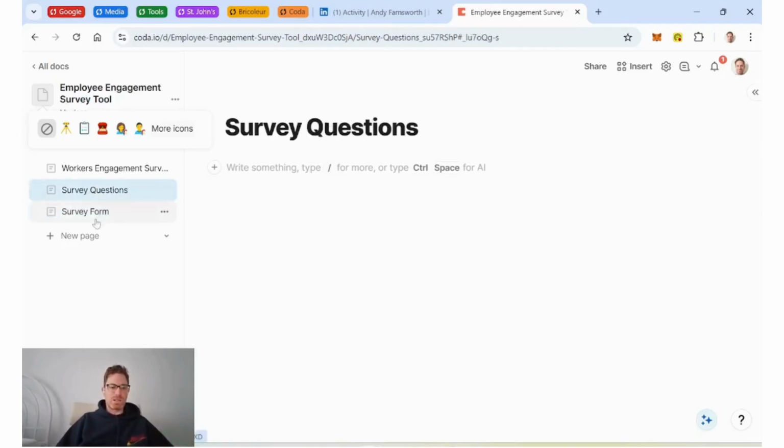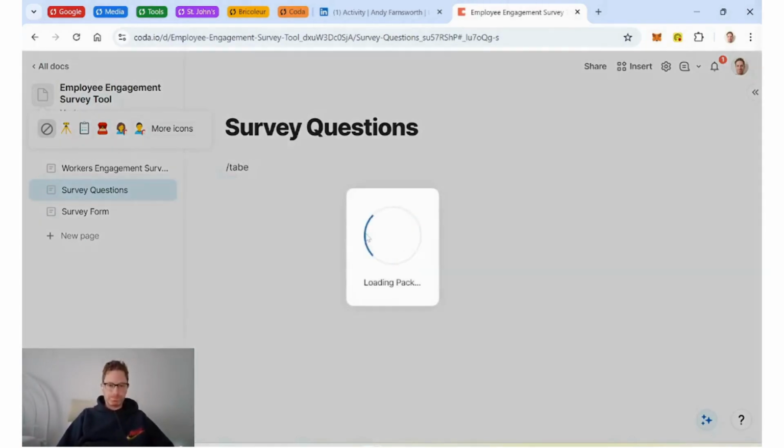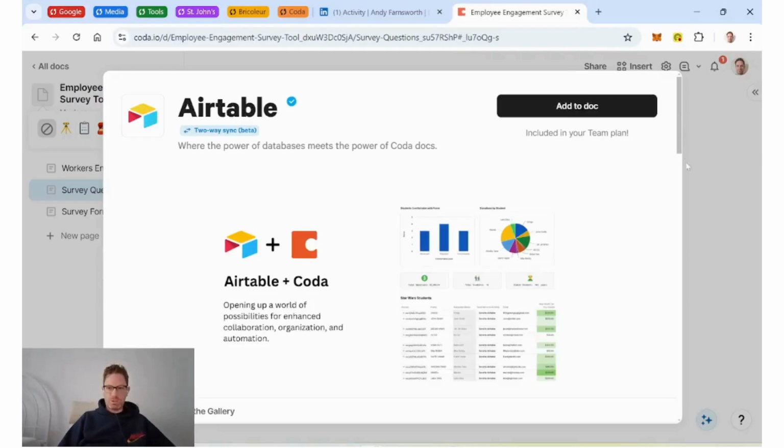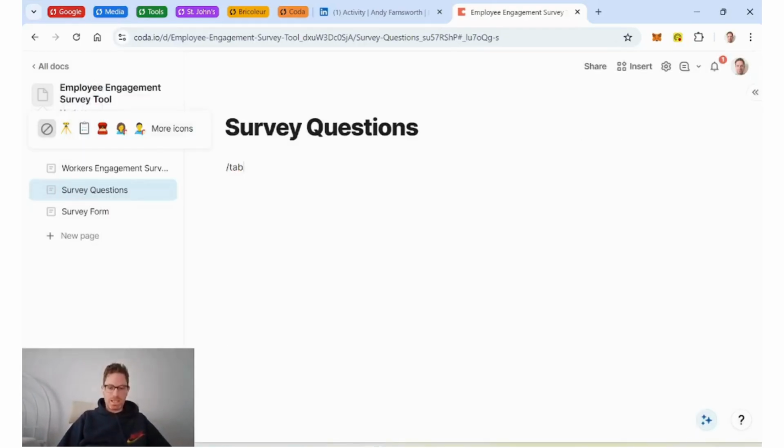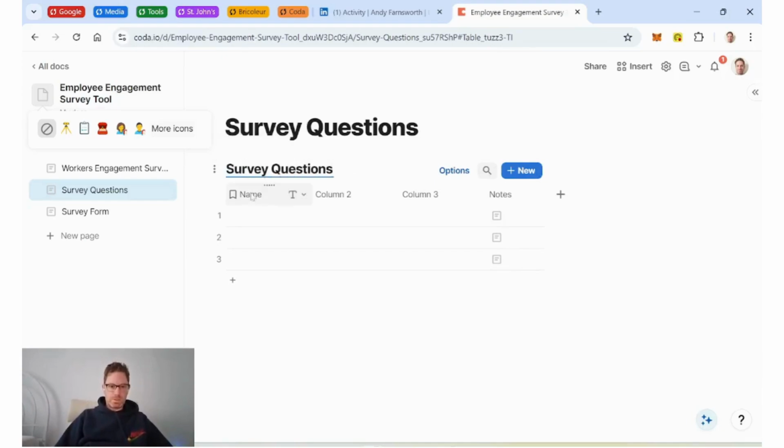And I know I just said I was going to build it as I was talking, but multitasking, right? It's hard to do. So instead, let's start here with survey questions. I'm going to make a new table. Nope, I don't want to add Airtable, and I don't know what a tab is, but I do want to add a new table. And we're going to call this survey questions,